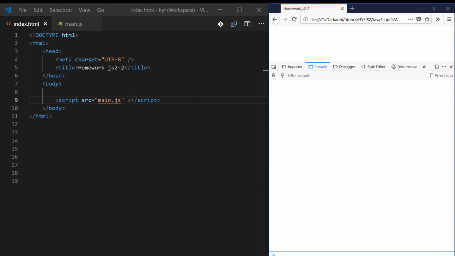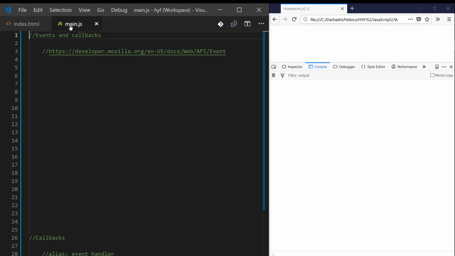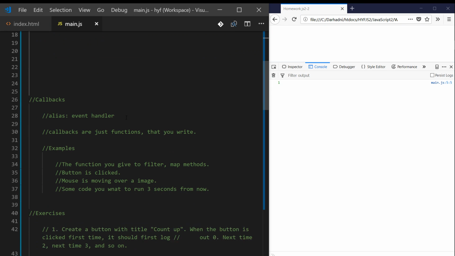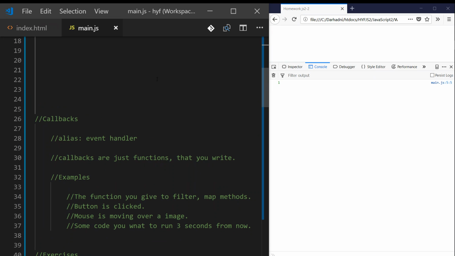Okay, now I'm there, I think. Okay, so I will show you an exercise just after I've explained what callbacks are. Like this? Okay, and I'll just